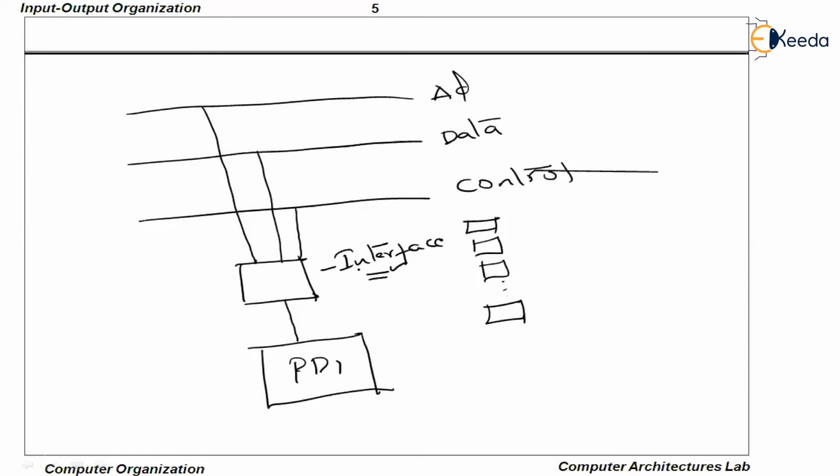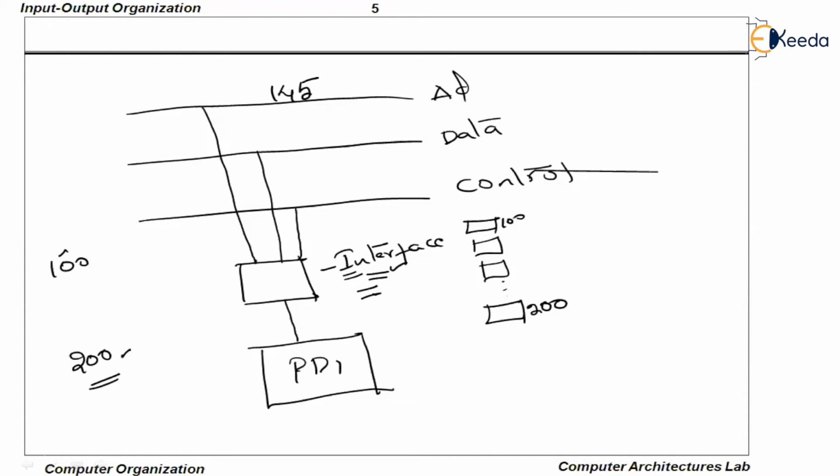Let us see. The address space that is attached to this interface is from 100 to 200, since there are 100 registers available. So the computer system allotted the addresses from 100 to 200. This is starting from 100, and the final register address will be equal to 200. Here the computer system, let us say, sends an address 145.